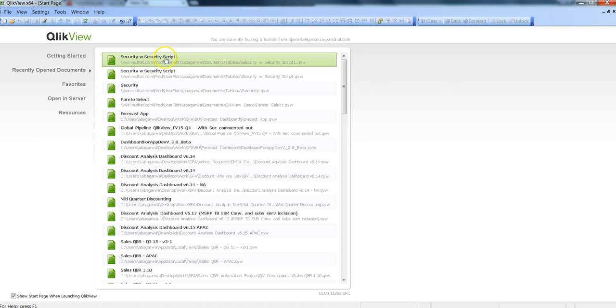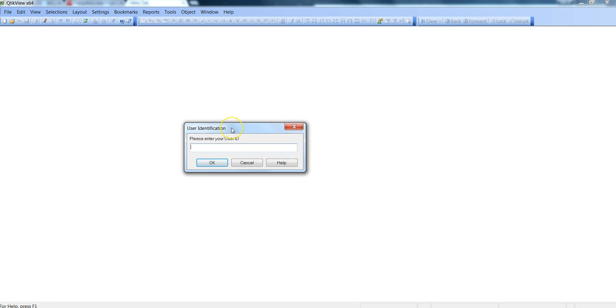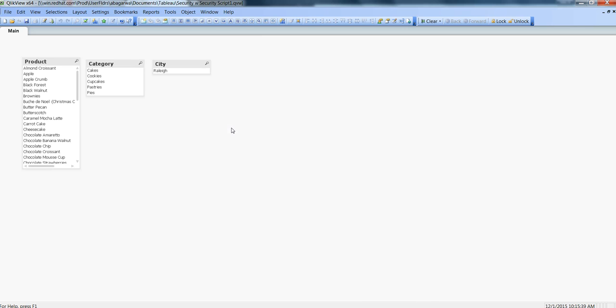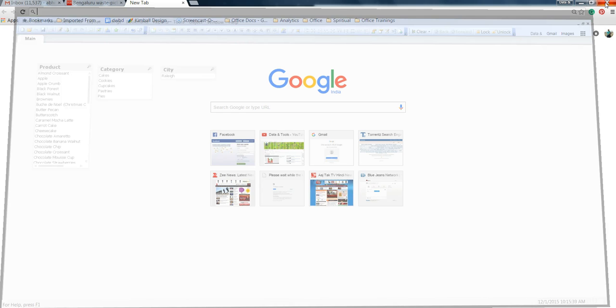and click on the security script one. It is going to ask me for the user ID. My user ID is user1 and the password is user23. And now you can see, since we only specified Raleigh as a city for this particular user1, they are able to see only Raleigh information, and the rest of the information is also reduced based on this reduction of data within the city column. So let's close this again